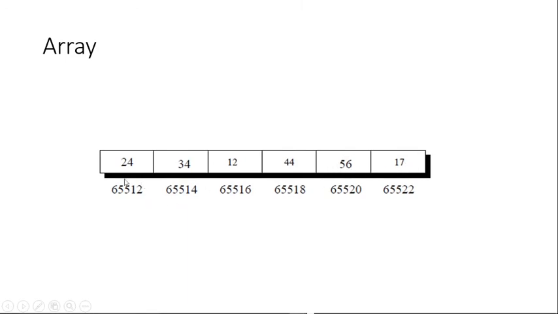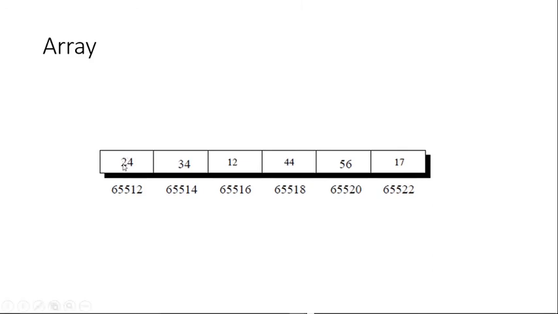Now memory address, this is very important. If I get time to teach pointers, I think in your syllabus pointers are not there. Anyway, I'll tell you how to read pointers. I have the material. It is not in the new syllabus, but it is easy to handle arrays and other things with pointers. So basically this address is very important, the first address of the array. From this first address only you can go anywhere. You cannot directly come and reside over here. You have to come through the first address itself.